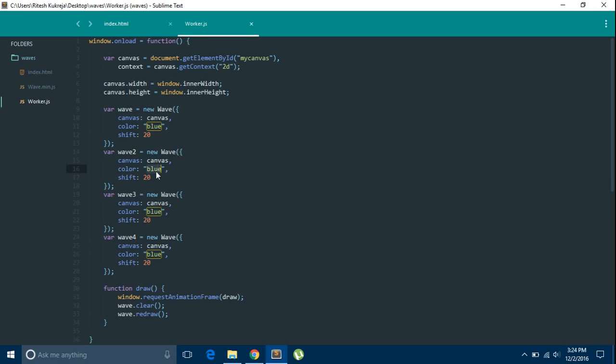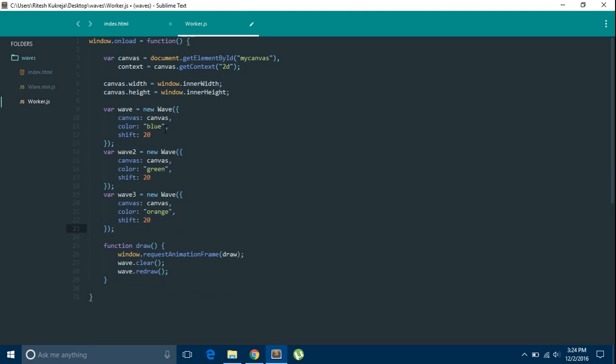Right, let's change the color of the second one. It will be green, and this will be orange. Let's stick with 3 here. Alright, so wave2.redraw, wave3.redraw. Let's also change some of the properties, like this one will be 30 and this will be 40,